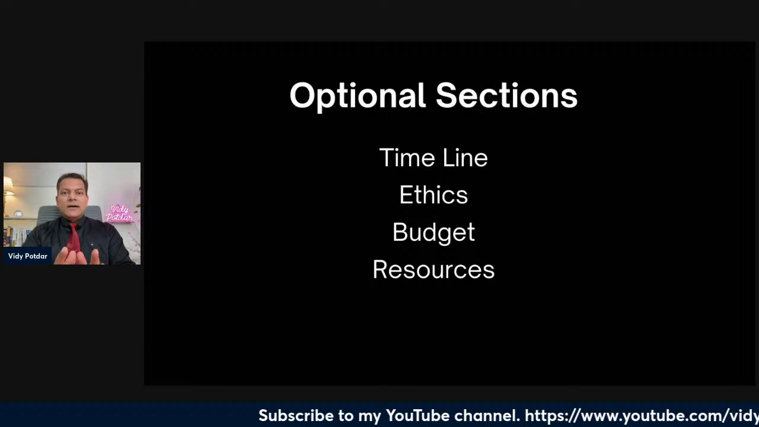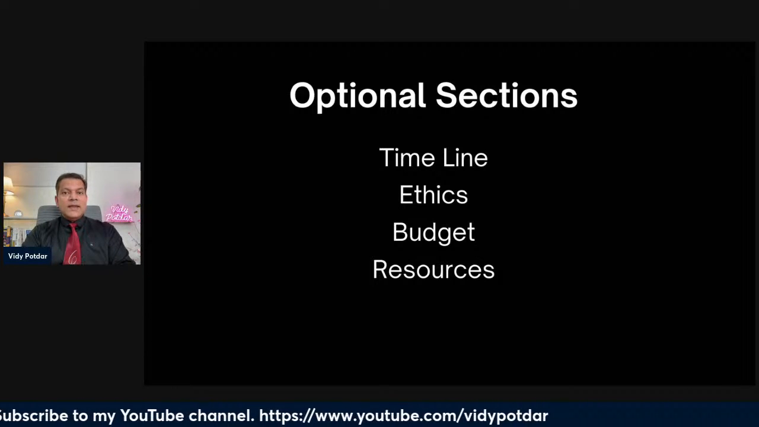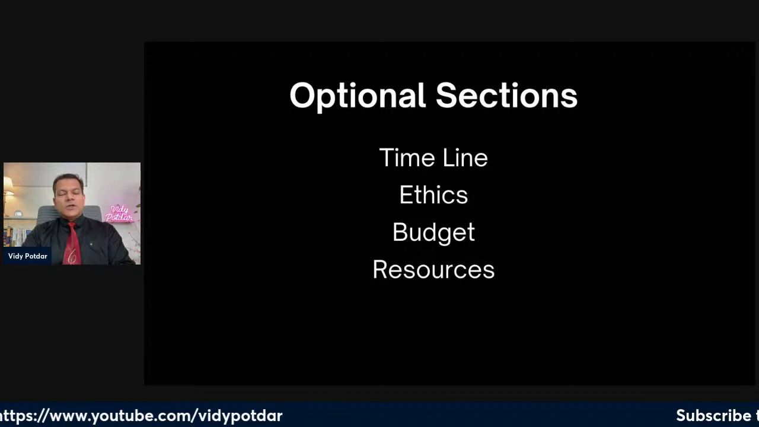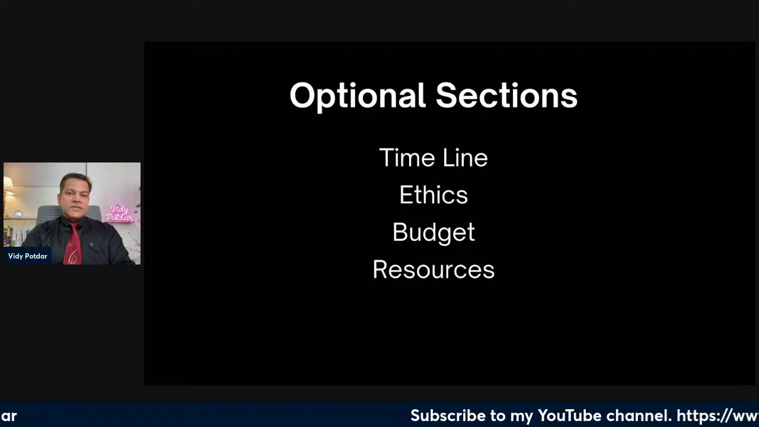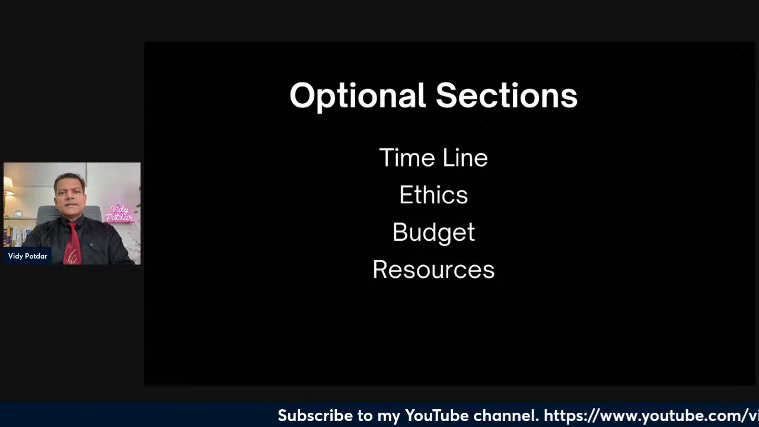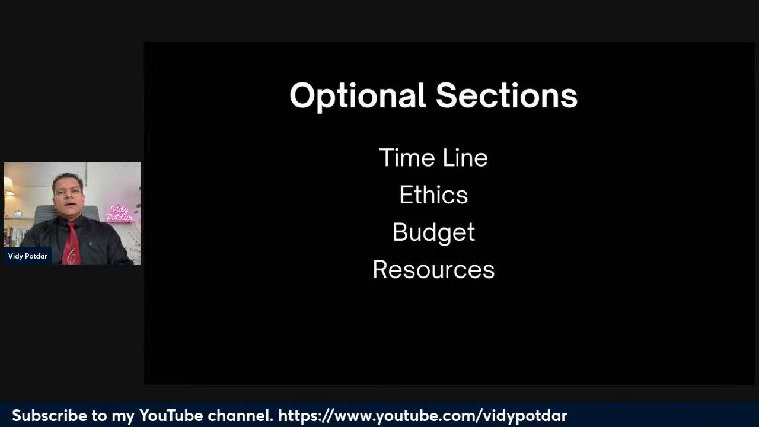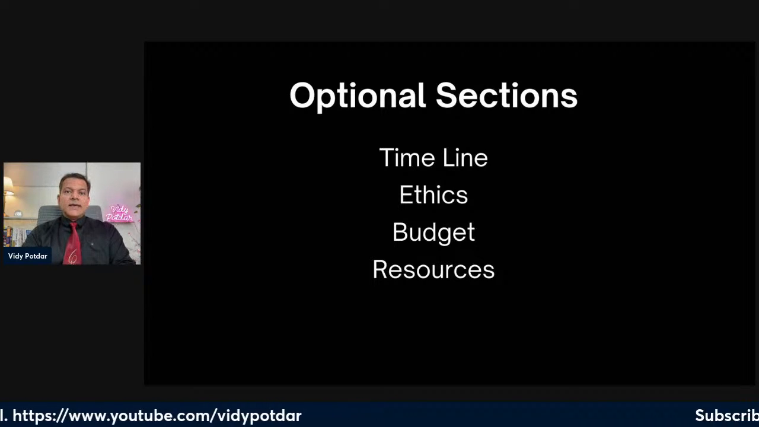So you have to keep in mind what budget you may need to acquire or lease these services during your research project, and the same way for resources as well. These are optional sections. Typically, if you are starting your preliminary research proposal, say, for admission,